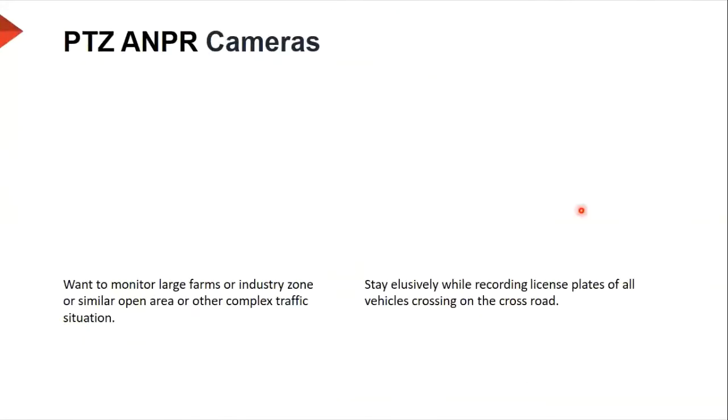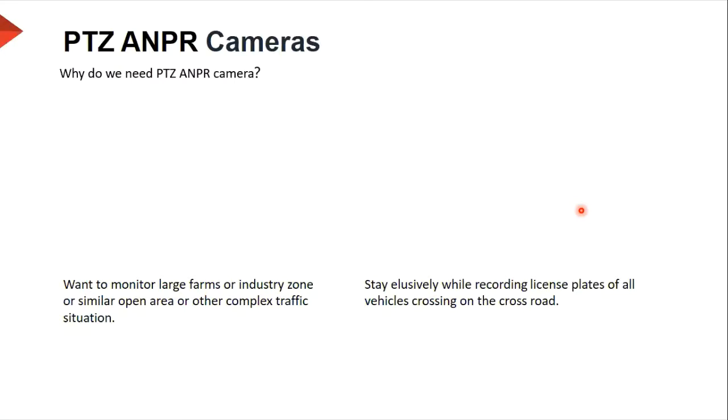All right, PDZ ANPR cameras. Now, the bullet cameras, like we saw them, have got the maximum distance of about 35 meters on the 8-32mm lens, about 35 meters where it does recognition. Anything further than that is not guaranteed to get a number plate recognition done. So distance is a problem. So if you want to have further distances than about 35 or 40 meters or so, then we would recommend